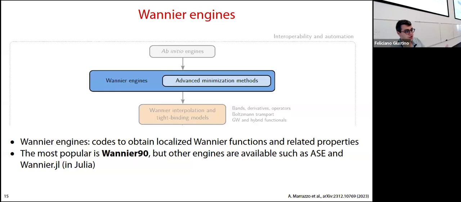But there are other engines available these days. One is the Atomic Simulation Environment. Another one is the Julia Wannier code that has been written by Feng Chao, who's here in the audience and will give you a lecture on Saturday. So it's an engine in the sense that you use it to get Wannier functions. But then, of course,